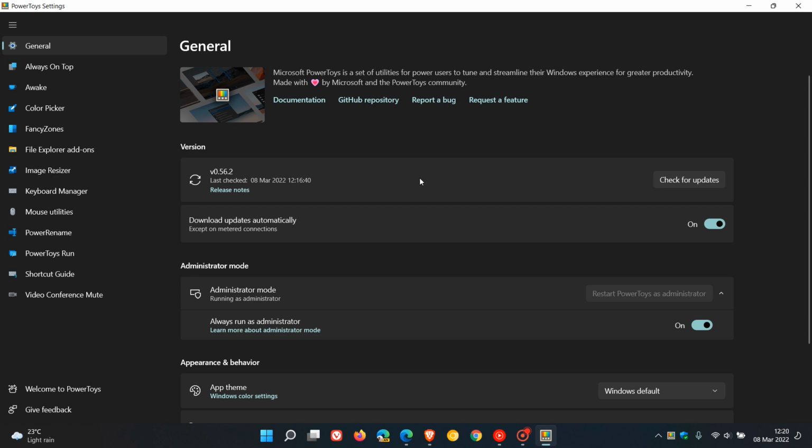And you can actually go check out the release notes for this latest update that I've just mentioned, version 0.56.2, by clicking on release notes, which will take you over to GitHub. And then also, PowerToys is available for both Windows 10 and 11, and you can also download it through the